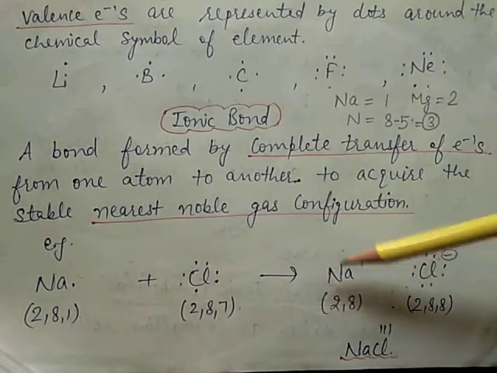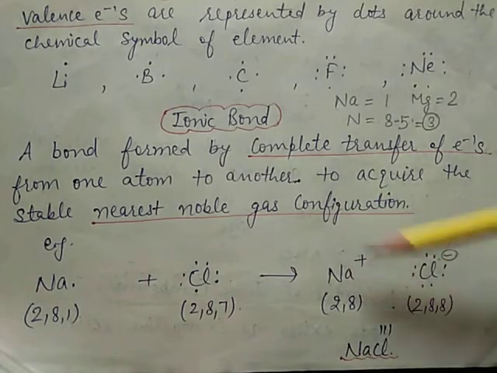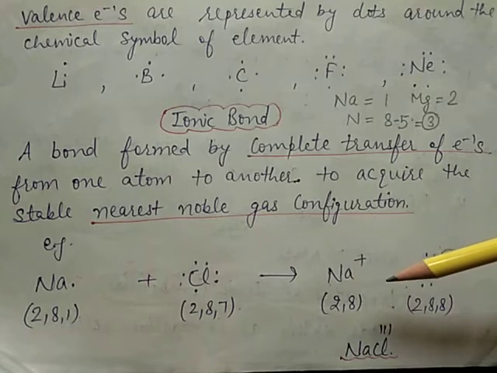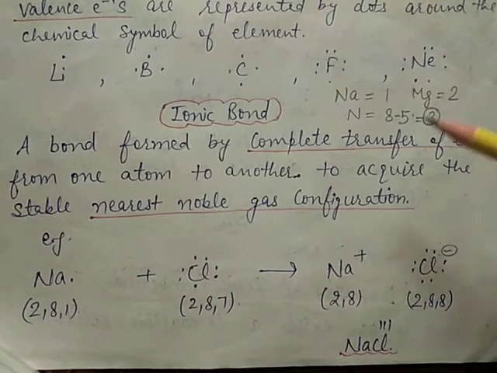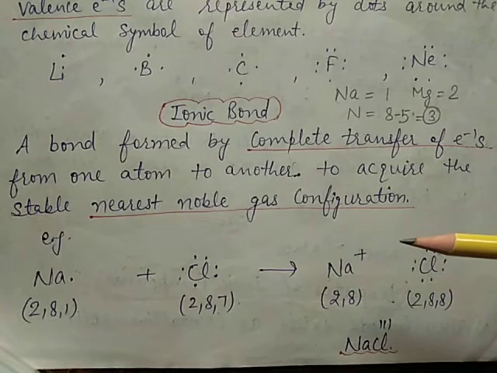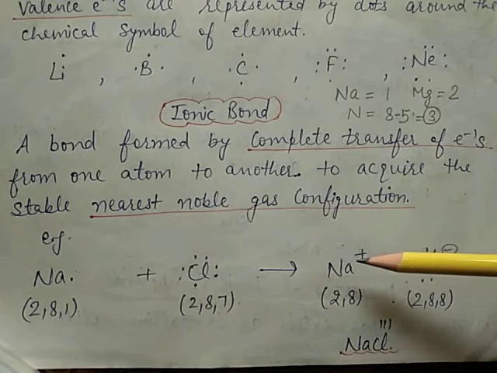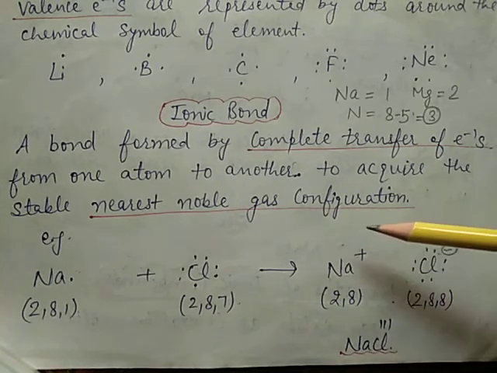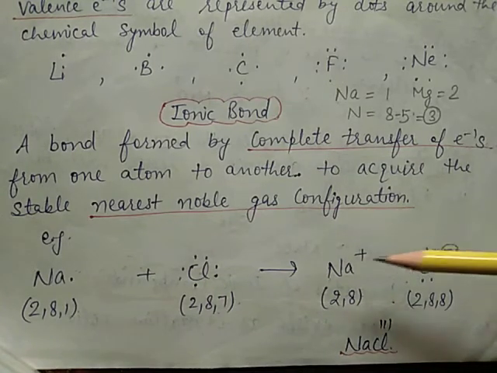In this case, one is a metal and the other is a non-metal, meaning ionic bond is formed between metals and non-metals, so that they get converted into an anion and a cation, and the number of unit charge present on the ions is called the electrovalence of that ion.